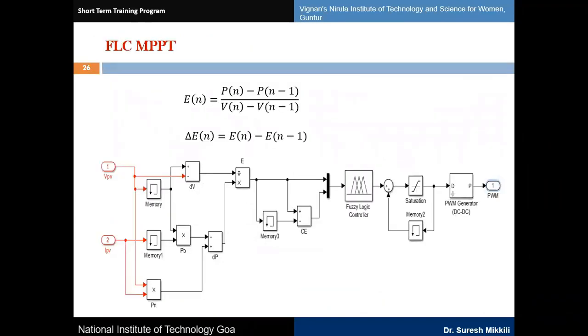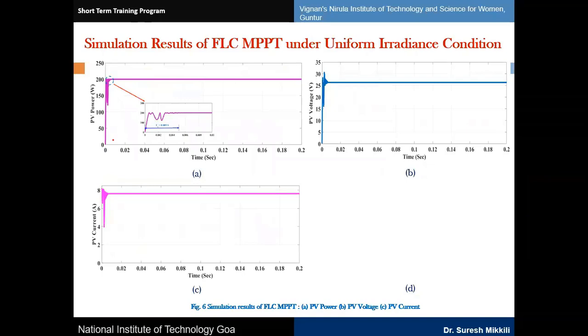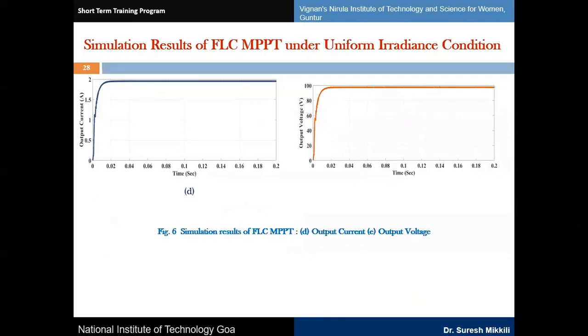So we went to the fuzzy logic controller. In the fuzzy logic controller, the settling is very fast. Quickly it comes to normal, at 0.01; even before 0.001 itself it is coming. And here there are no notches at all.